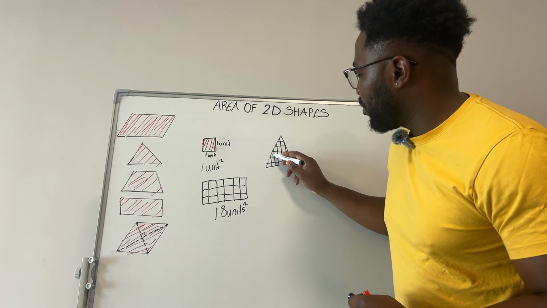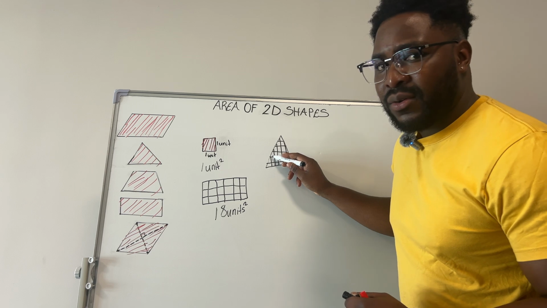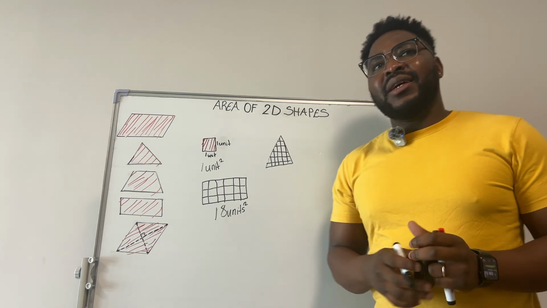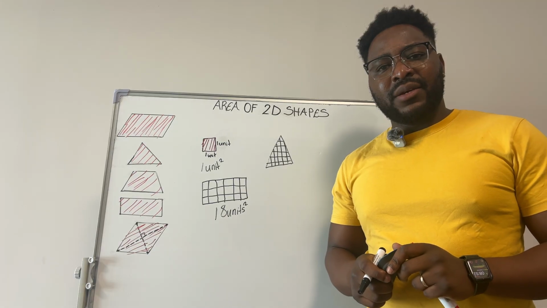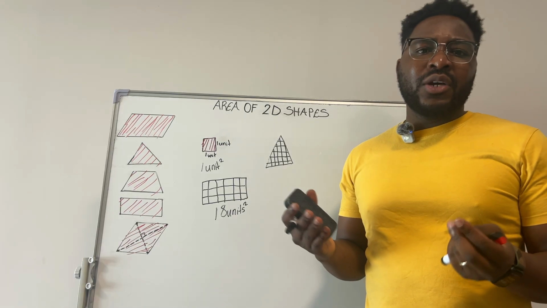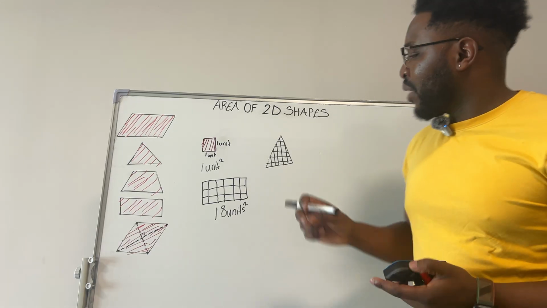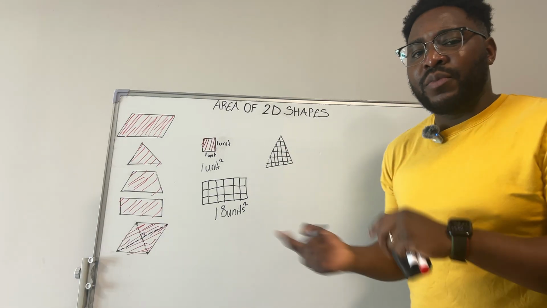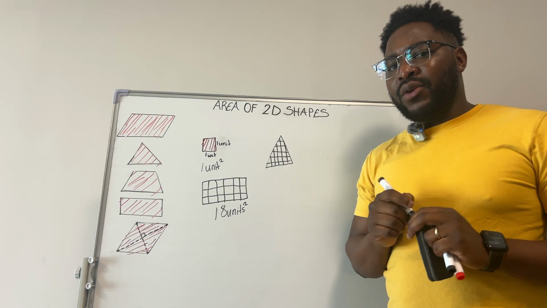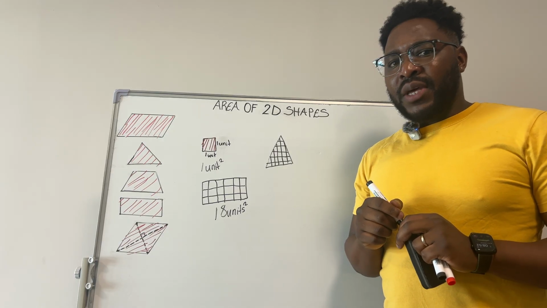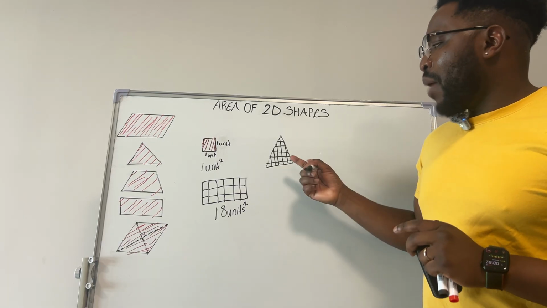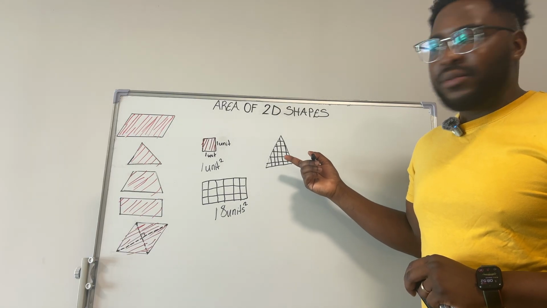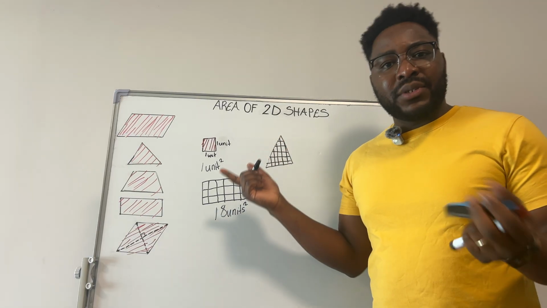That means we have to put it with this one, then we'll consider it as one. Yes, one square unit, right? But that would take us a lot of time, and probably even a little bit difficult for us to just recognize which half of a square we can put together in order for it to be a square unit, right? So then, how do we go about finding the area of a triangle, a trapezium, a rhombus, a